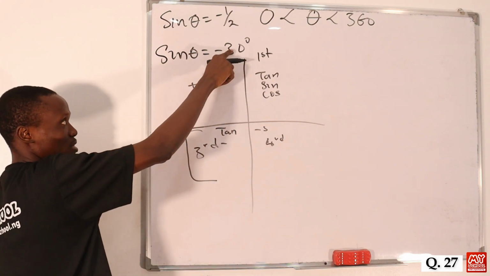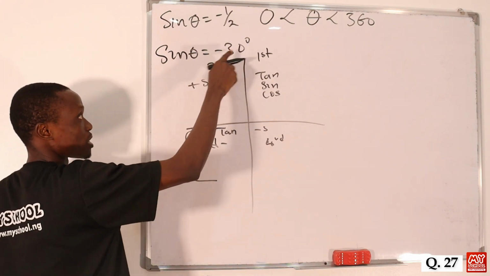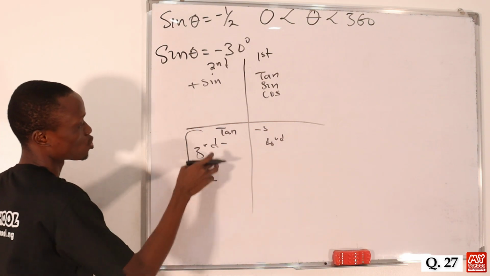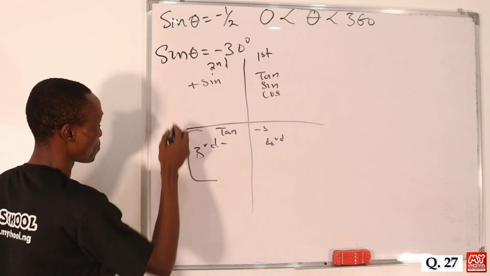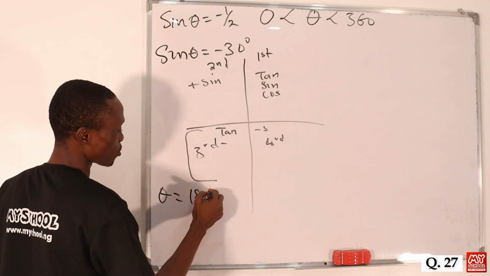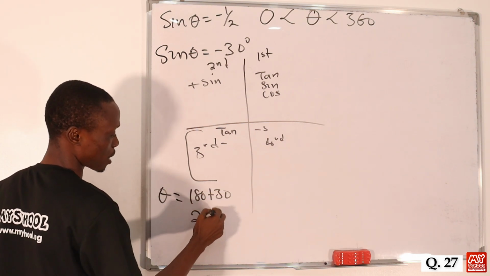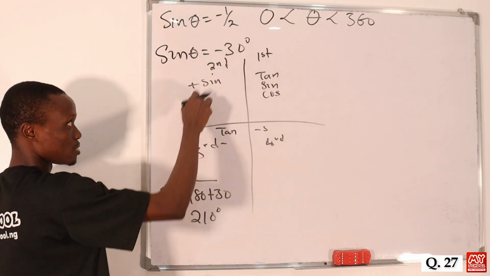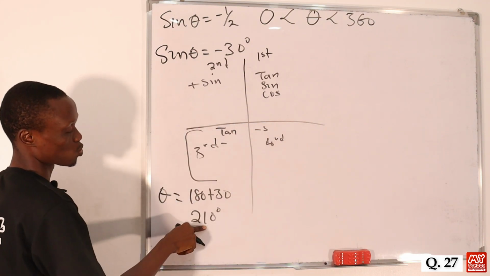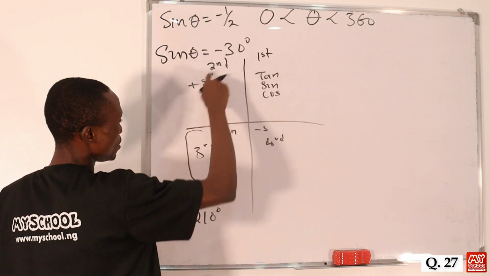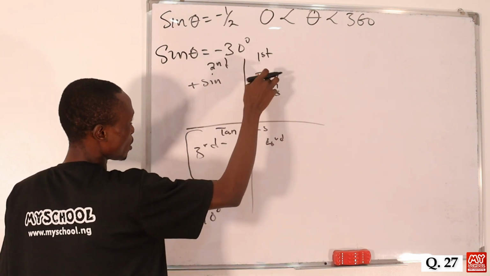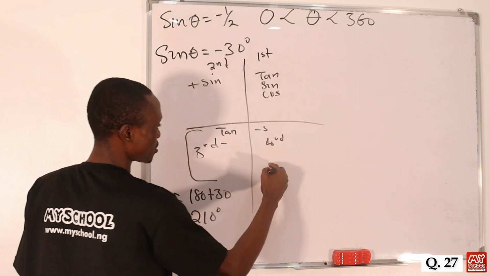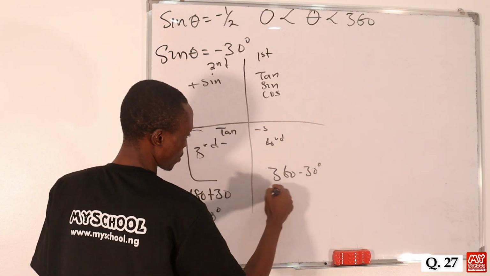So this minus and 30 simply indicates that this angle is actually in the third quadrant and also in the fourth quadrant. So to get the angle, theta will be equal to 180 plus 30, and that will be equal to 210. Basically, you are moving from here to here, which is 180, then plus that 30, that will give us 210. Then from this point here to here is equal to 360, right? So in that 360, we subtract 30, so that will be equal to